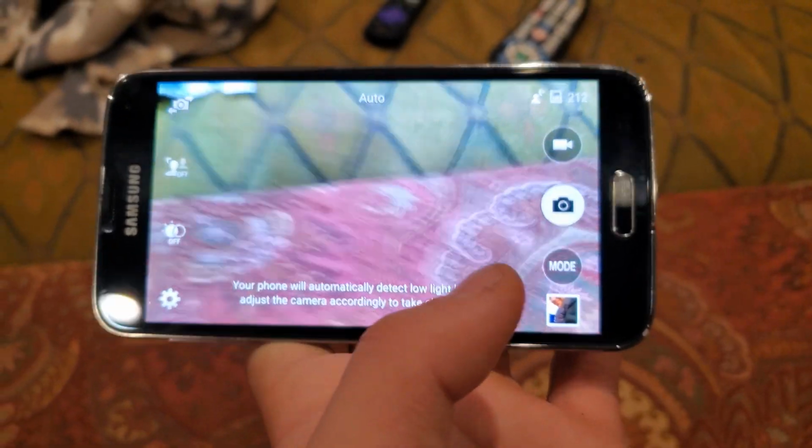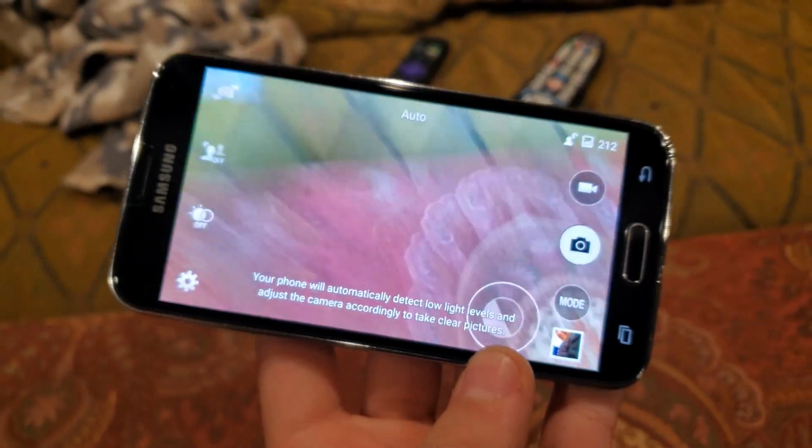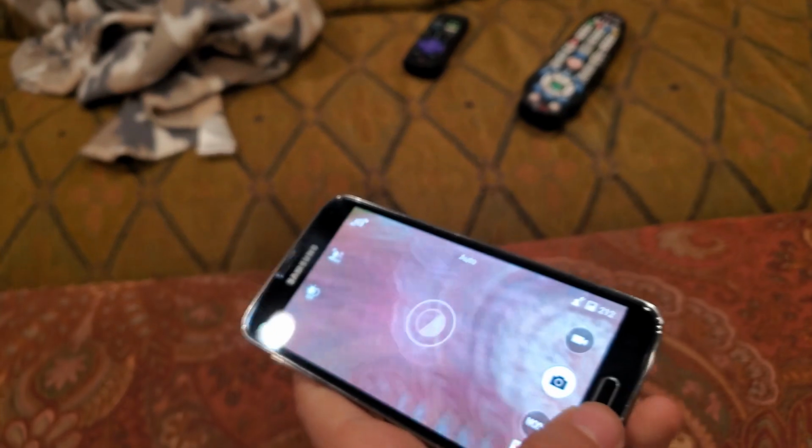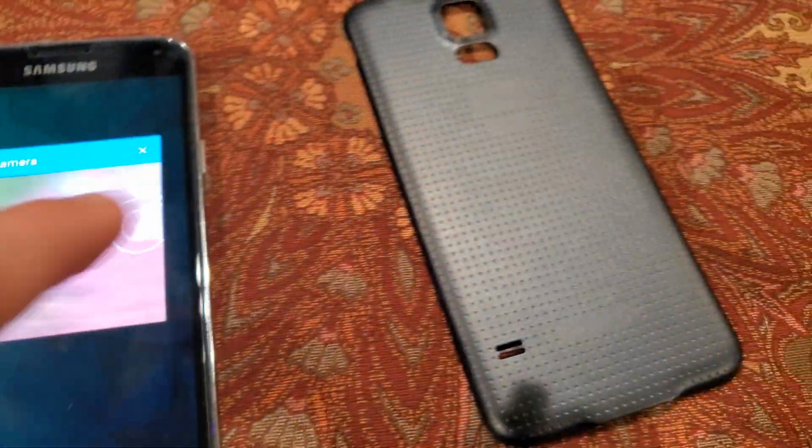So next thing will be the cameras. The camera on the S5 is 8 megapixels. I don't know about the On5, but you can see this is not good at all. It's probably mostly due to the software, because if you go into the Messages app on this phone, or at least the Verizon one,